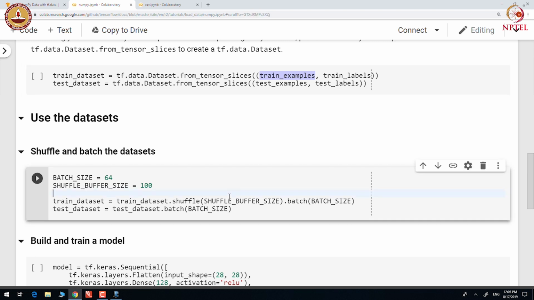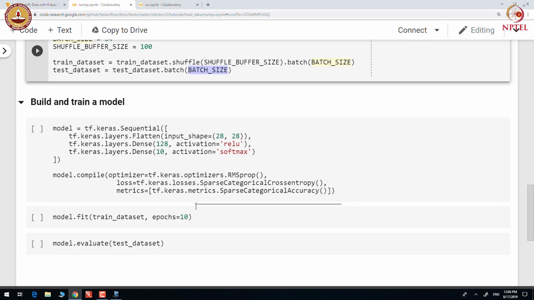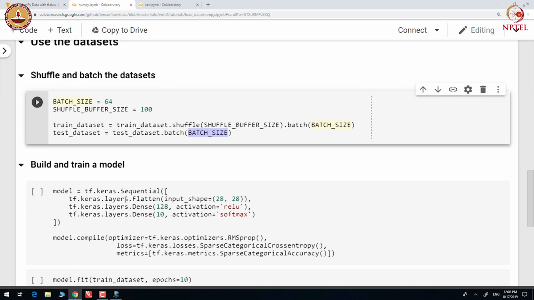Finally, we can do shuffling and batching of the training dataset, whereas on the test dataset we can apply, let us say, a batch transformation, and then you can build a model and evaluate its accuracy on the test dataset.